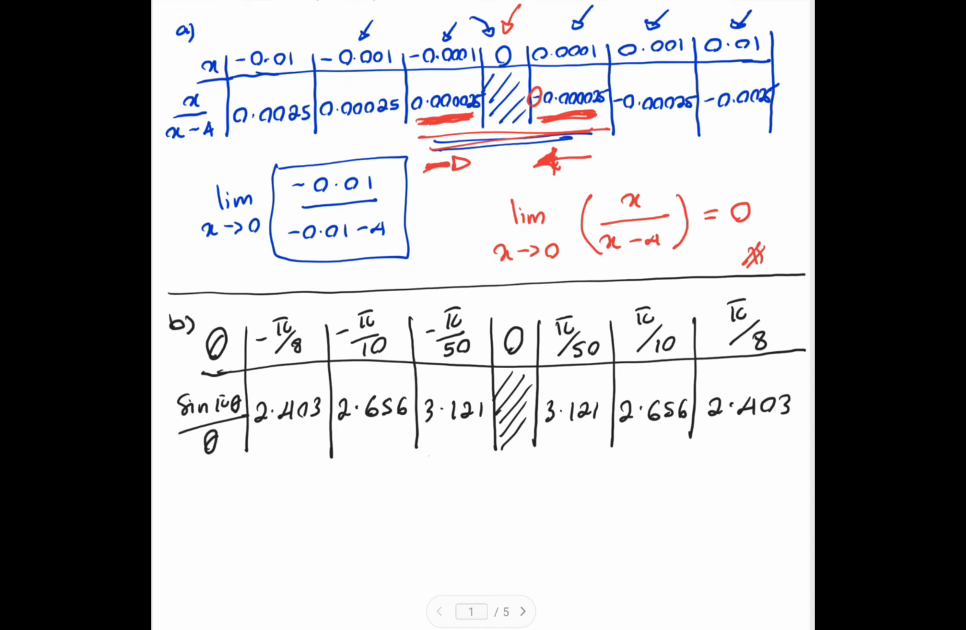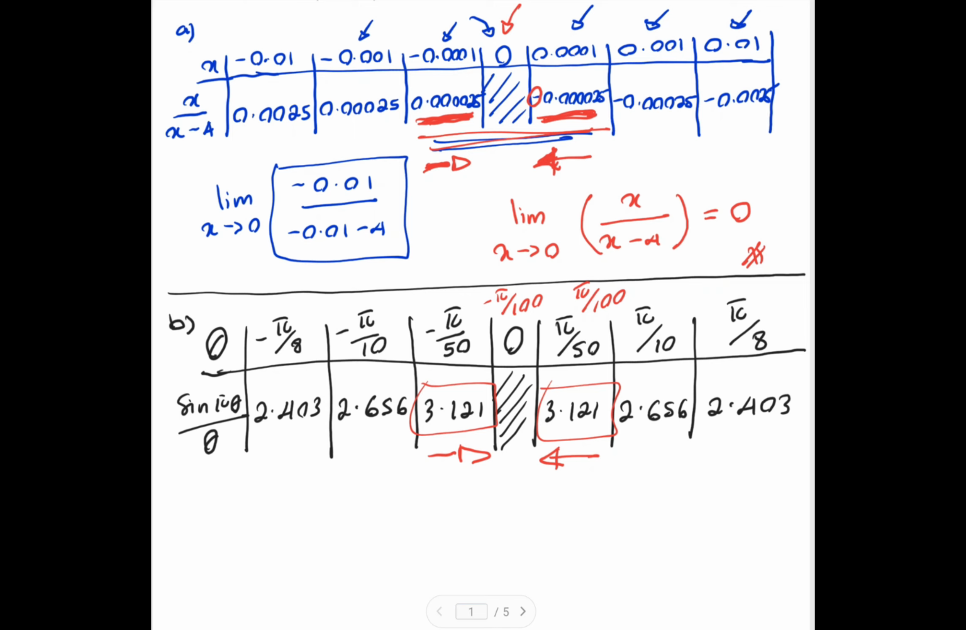From this table, we can see that as theta approaches 0, the value we get is close to 3.121, and the same thing from the right, 3.121. If you choose another value that approaches 0 even closer, for example negative pi over 100, and on the right-hand side pi over 100, we can see that the value approaches pi, which is